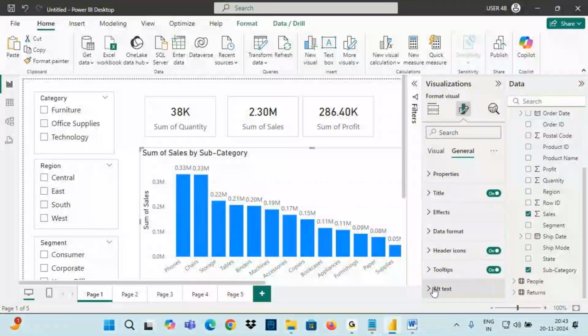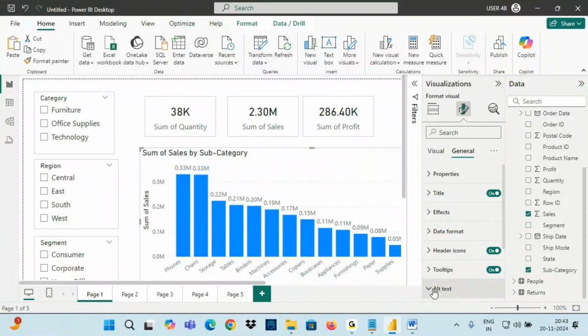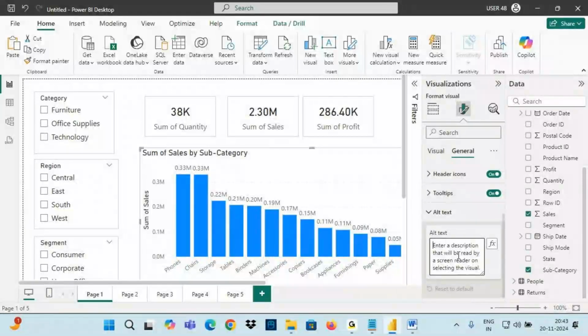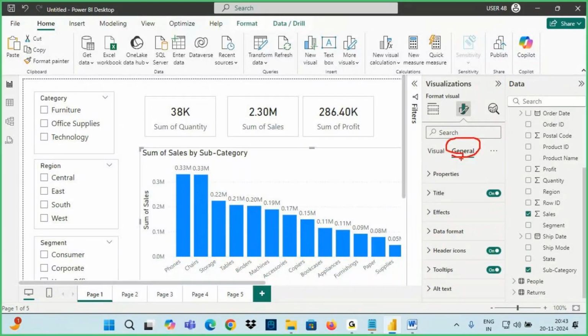Next one, alt text or alternative text. If you want to write some description about your visual for future reference, like why you created this visual, go to alt text and you can start writing the description. Generally we don't write it. If you want, you can write it. That is about general. These general formatting options are common for every visual. Now I selected